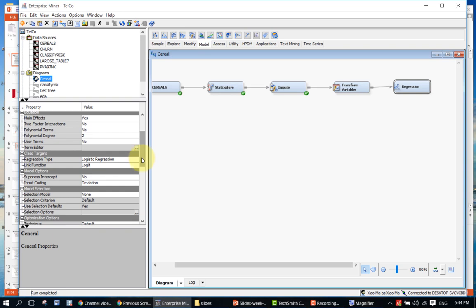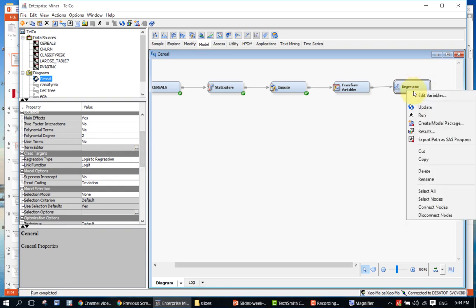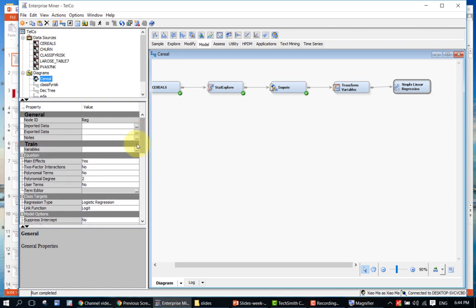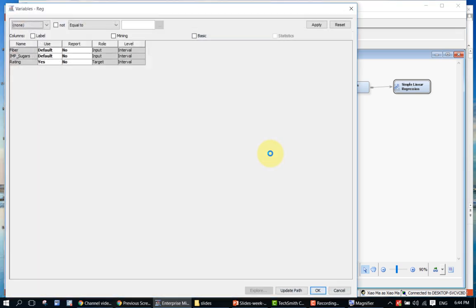And this is a simple linear regression. Let me rename the node to make it clear. And here you can customize the specific variables to be included as input. In other words, you can